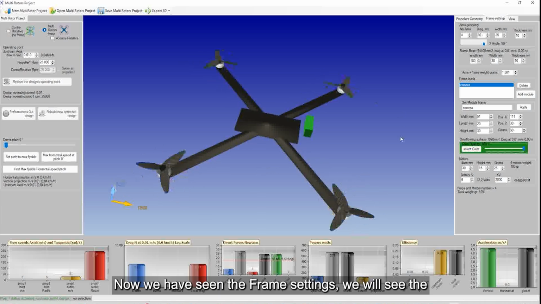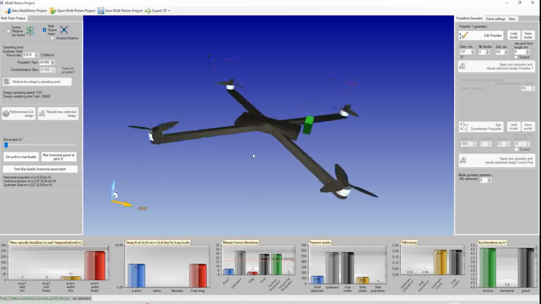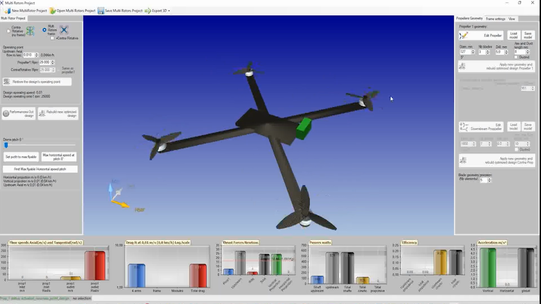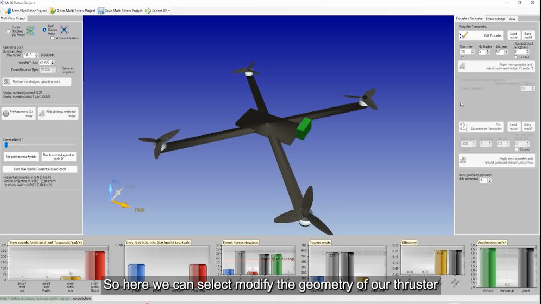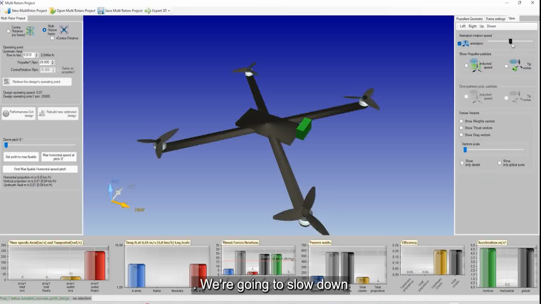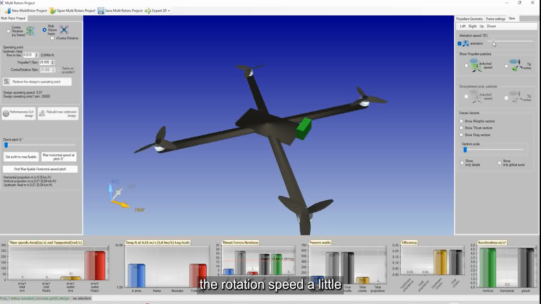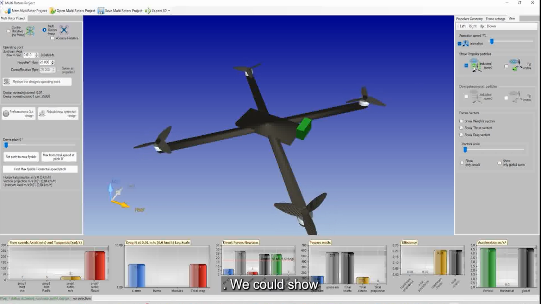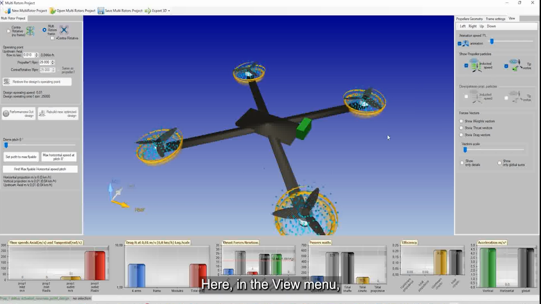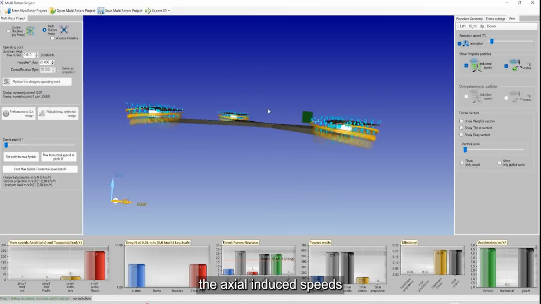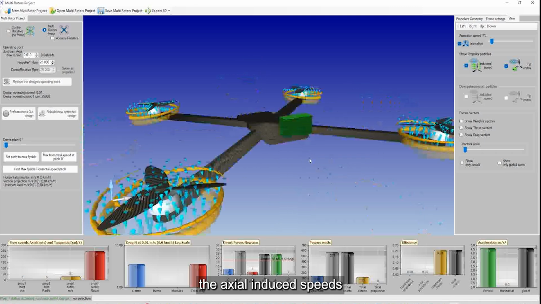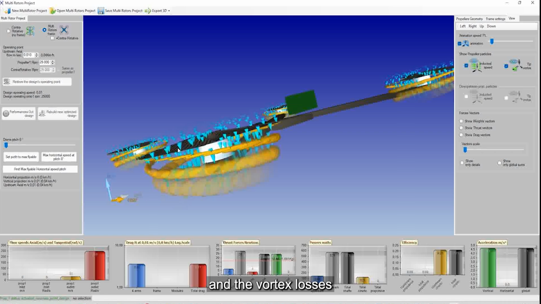Now we have seen the frame settings, we will see the geometry of the propellers. So here we can select and modify the geometry of our thruster. We're going to slow down the rotation speed a little. We could show here, in the view menu, the axial induced speeds and the vortex losses.